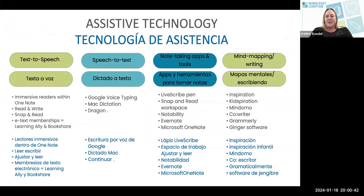So this is just some thoughts on assistive technology. There's so much out there. Years and years ago, this was my area that I thought I wanted to be all in and study. For a long time, probably like 10 plus years ago, I'm dating myself, I used to do trainings on assistive technology, and that's all I did. And now it's this huge field that it would literally have to be all that you did to keep up to date. But if we think about dyslexic learners, there are a lot of different assistive technology tools out there that are fantastic if we were talking about other needs,